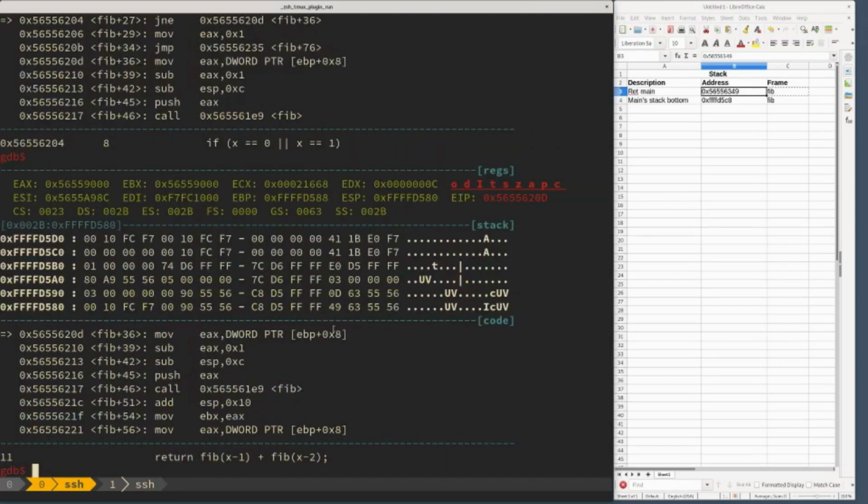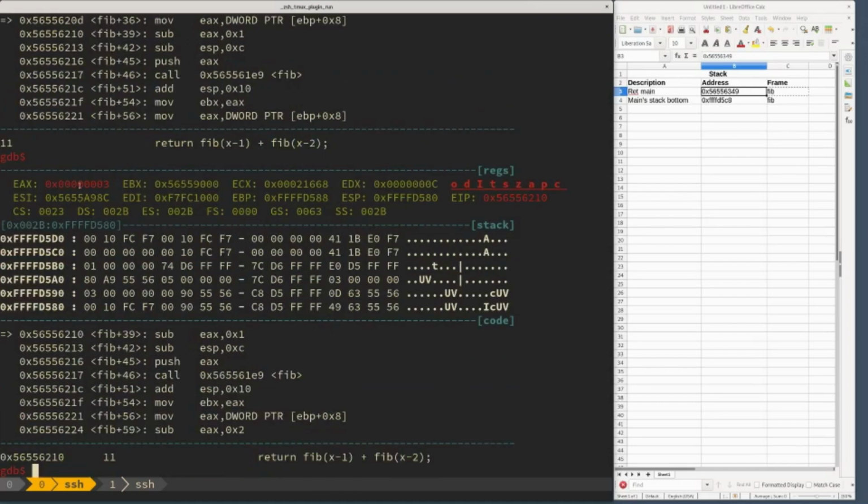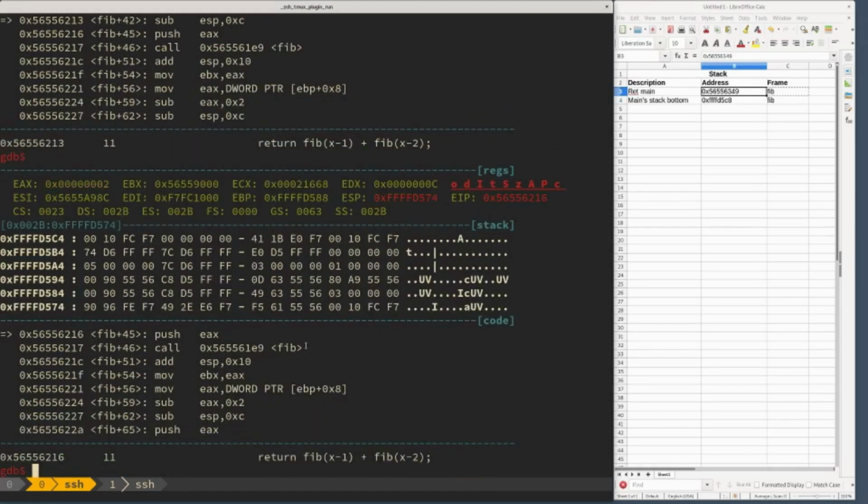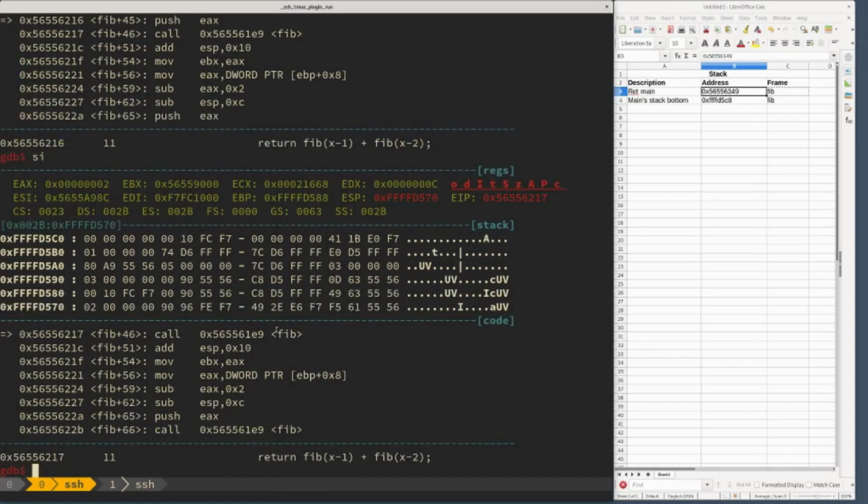Now we get ready to do our recursive function call. Here we can see that we were at fib of 3. We'll decrement that by 1 and push that onto the stack. So basically we're going to be calling fib of 3 minus 1. We decremented the value 3 by 1. We now have 2, and we're going to push that value onto the stack. So basically we're calling fib of 2, and then we'll do that function call. If I step,